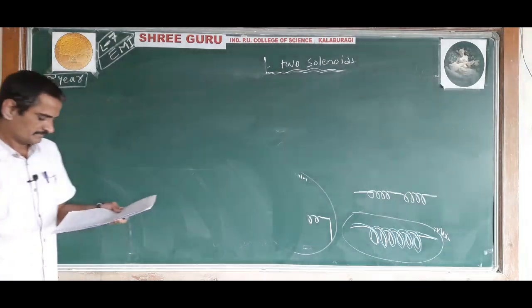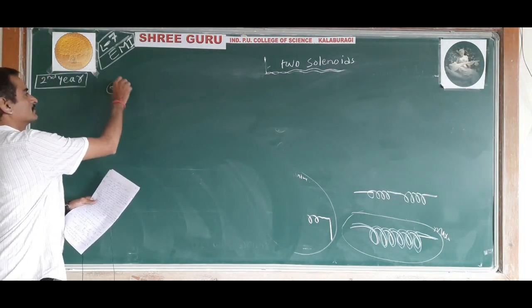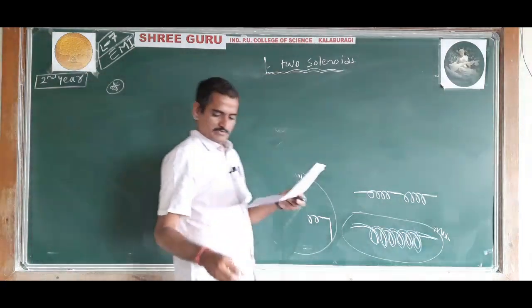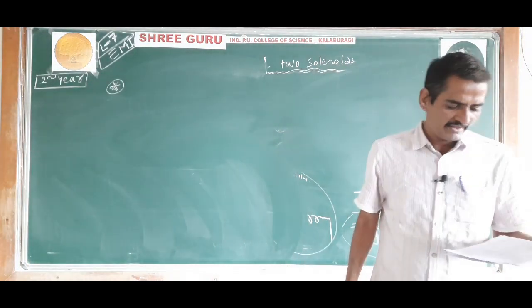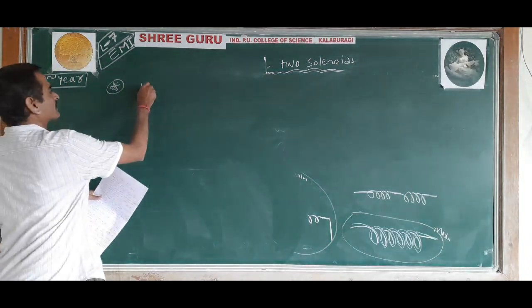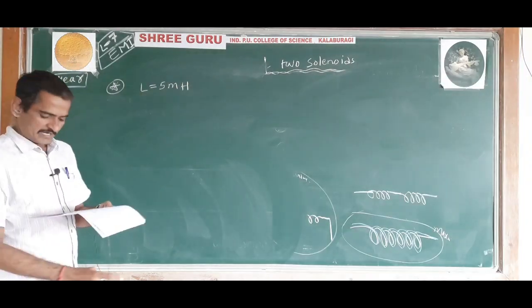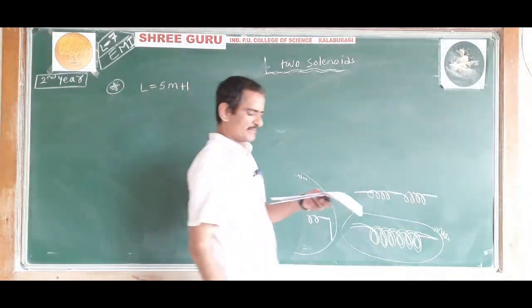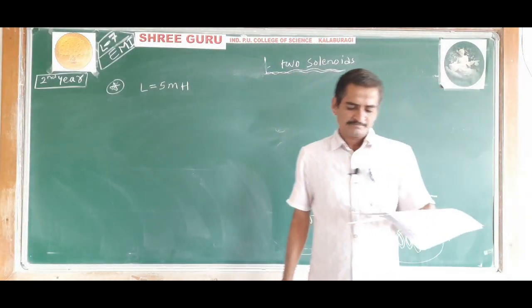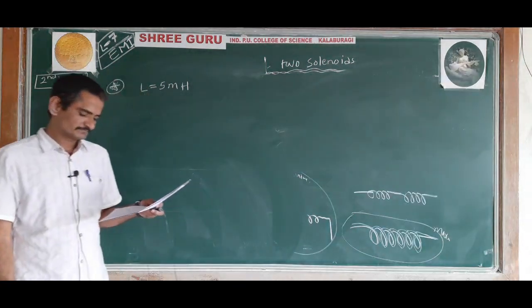Okay, write down the question. I will dictate the question and you have to write. A coil has an inductance of 5 millihenry,